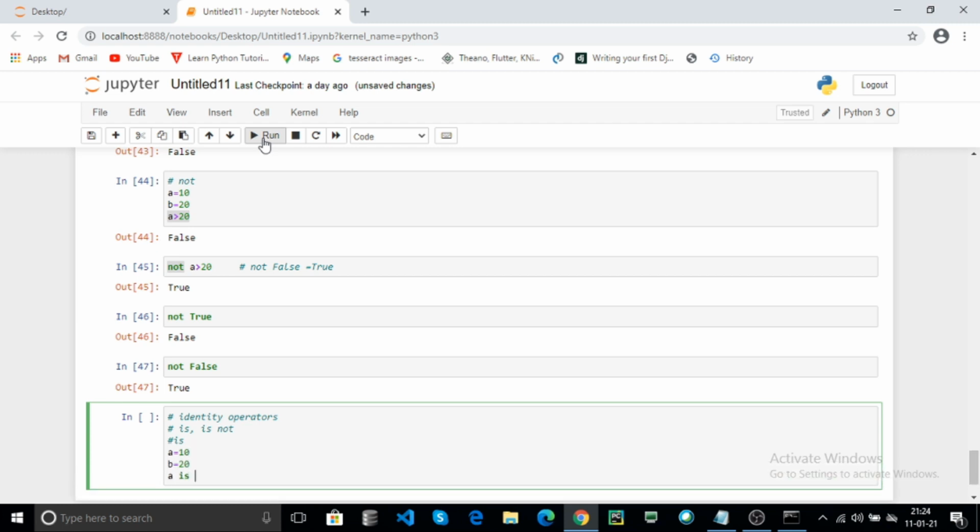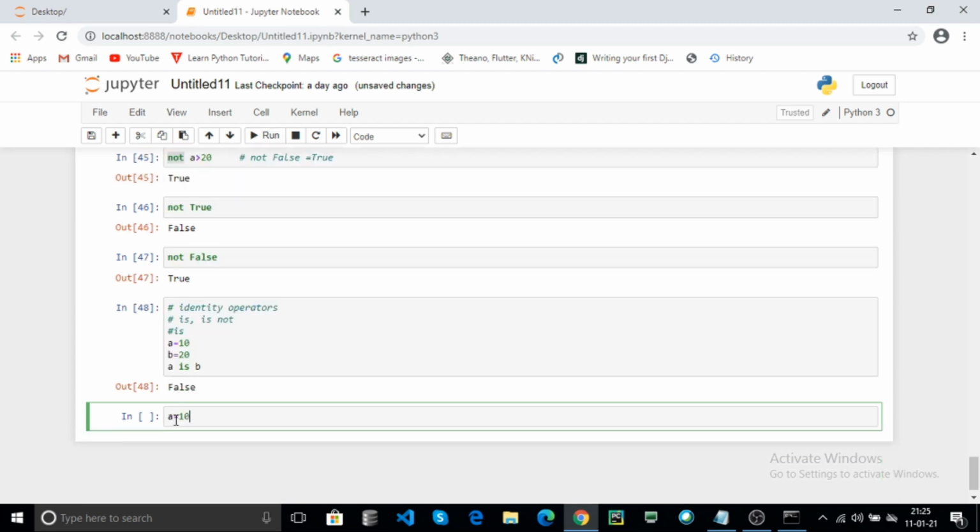Here, A is B. A contains 10, B contains 20. The A and B are not the same. If A is B means if both objects are the same. Here both objects are not the same, so it returns false.